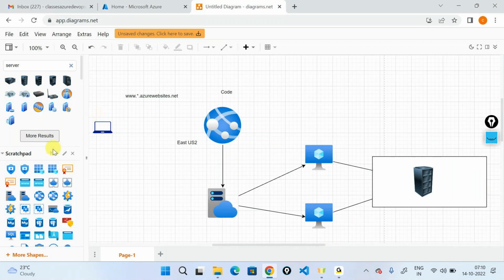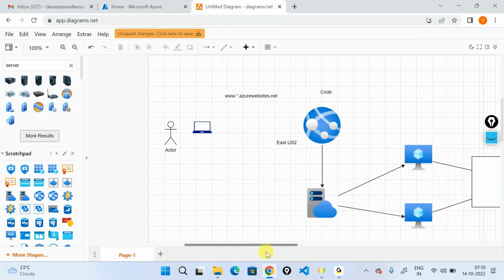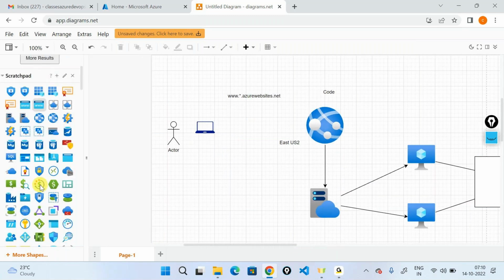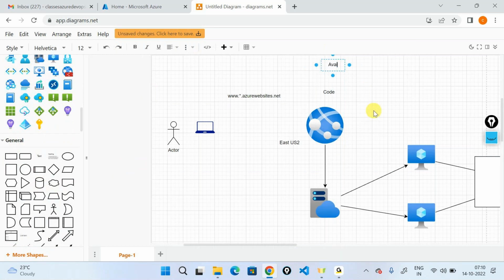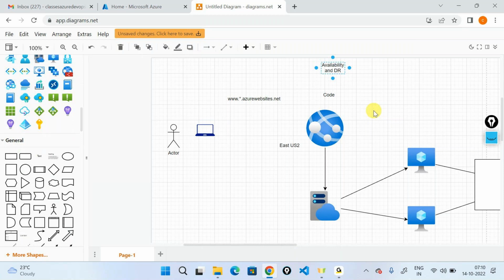Until now, we have been talking about scalability. We said how can your website scale up or scale down? How can your website accommodate the additional load? All these come under scalability. Now I am talking about availability and DR scenarios, disaster recovery. And DR, disaster recovery, meaning in case your primary endpoint is down, we call them endpoints or servers,